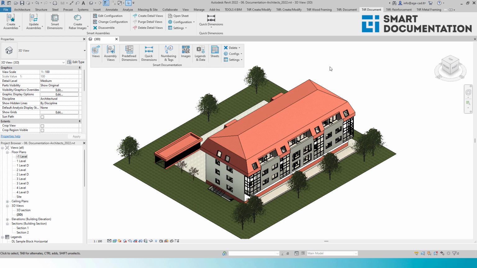So our tool, the Smart Documentation tool, is really covering a lot while creating documents, starting from views to dimensioning features. Also, we have numbering and tags, which can help you to document all that data in your Revit project. Also, we have images, legends and data, and finally sheets, where we usually gather all the information and drawings